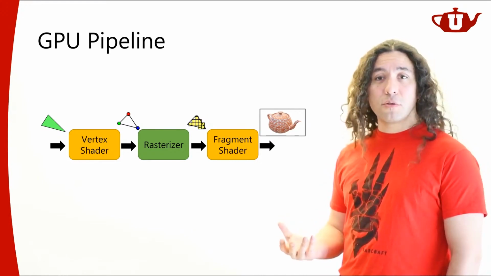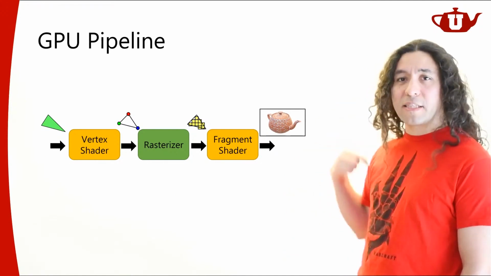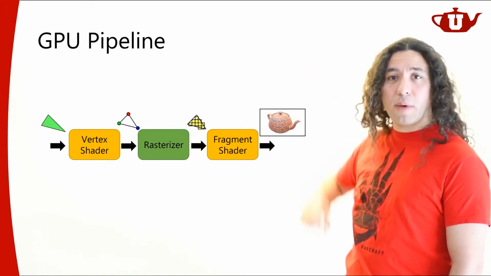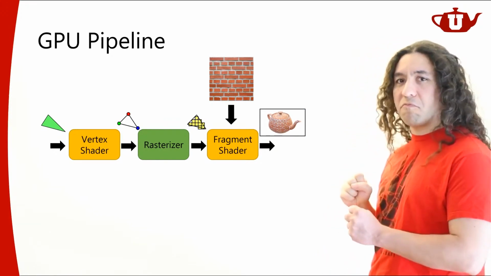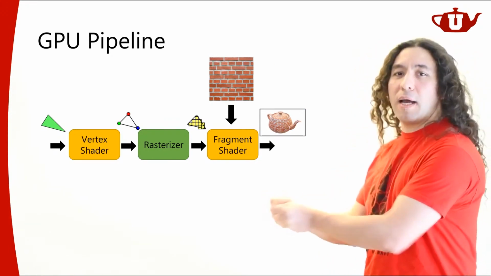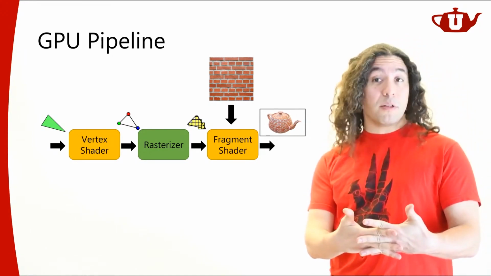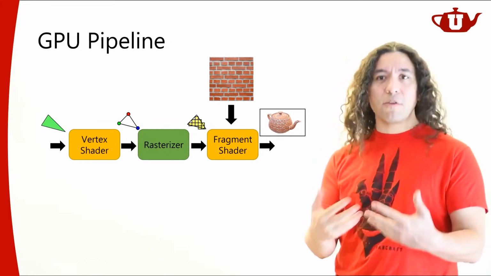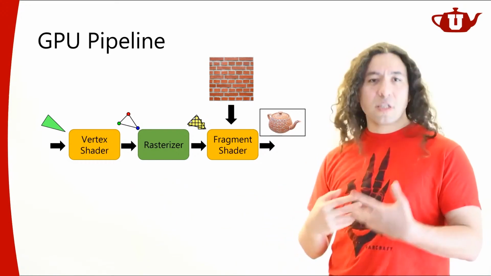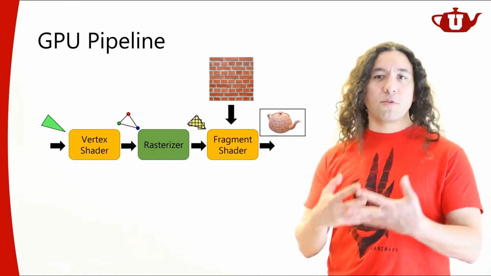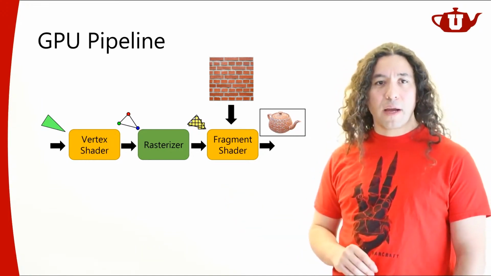So how do I send it to my fragment shader? It's not going to go through this pipeline. I'm going to send my texture directly into my fragment shader like so. I'm going to figure out a way to send it to my fragment shader, very much like a uniform variable. We specify uniform variables. We can have uniform variables in vertex shaders and fragment shaders. Just like that, we're going to directly give access to our textures inside our fragment shaders.